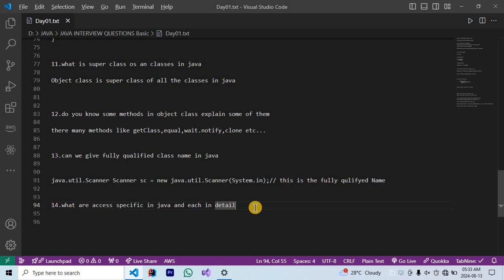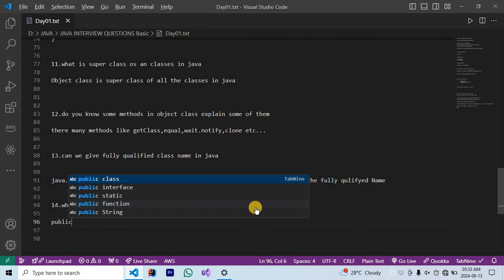What are the access specifiers in Java? Explain in detail. So there are 4 access specifiers in Java, like public,